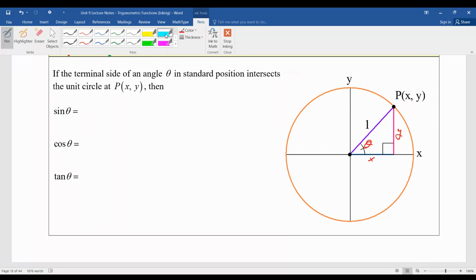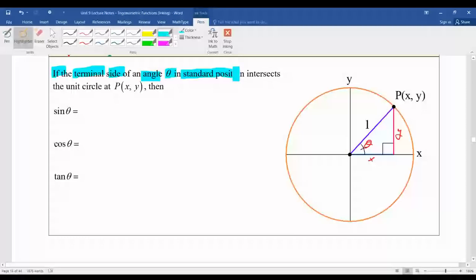So if the terminal side of an angle theta is in standard position, as you see, the terminal side over here is the hypotenuse, opposite to 90 degrees. And the initial side is on the positive x-axis, therefore the angle theta is in standard position. And then if it intersects the unit circle at some point P with x coordinate x and y coordinate y, as you see over here,